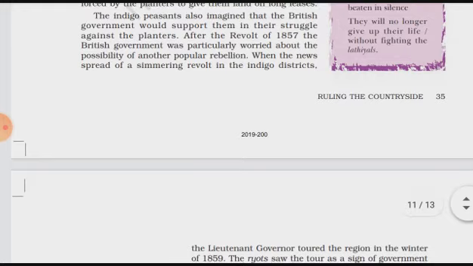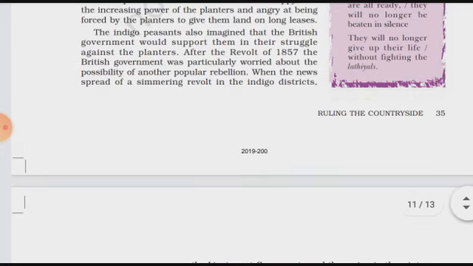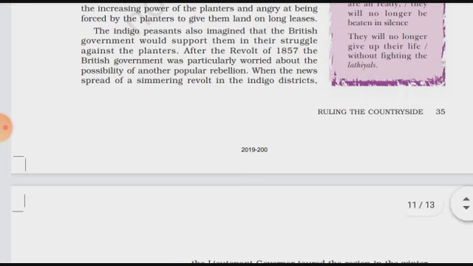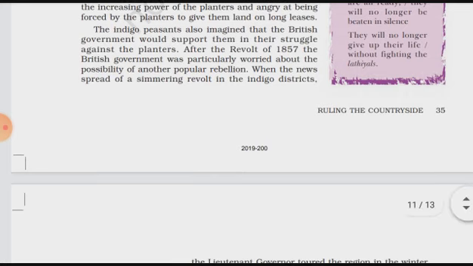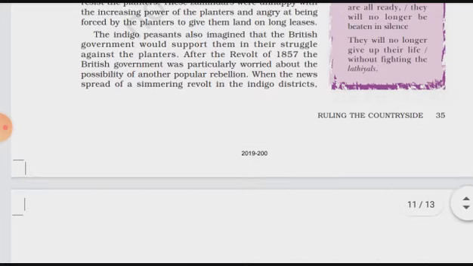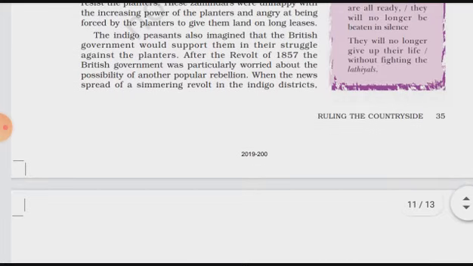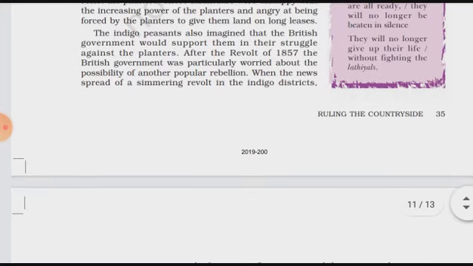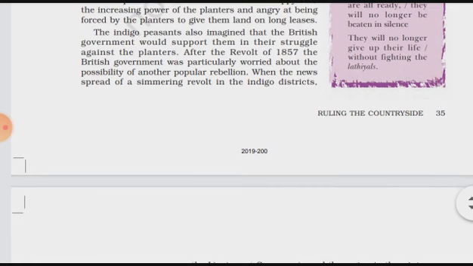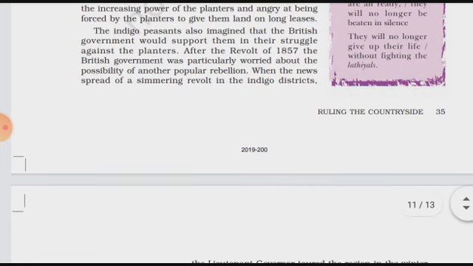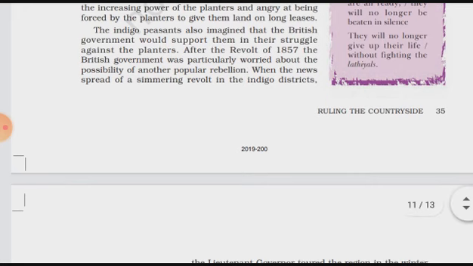After the revolt of 1857, the British government was particularly worried about the possibilities of another popular rebellion. As in the upcoming chapters, you will come to know about the revolt of 1857, and you might have also read about it in the previous classes. So after this, the British government got feared. It was worried that there may be the possibility of another popular revolt in